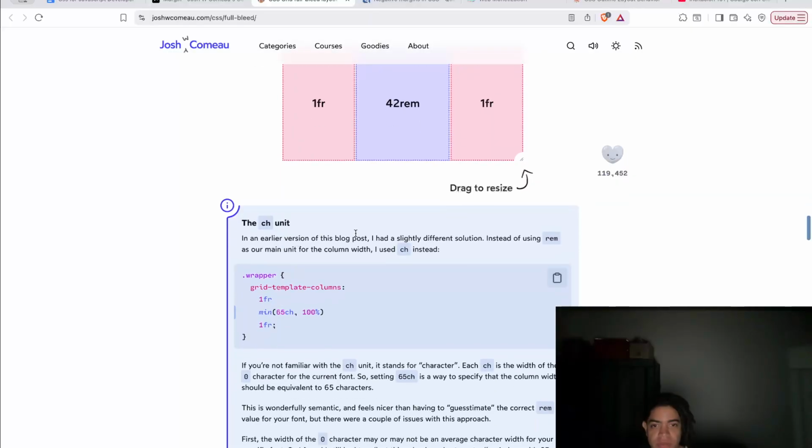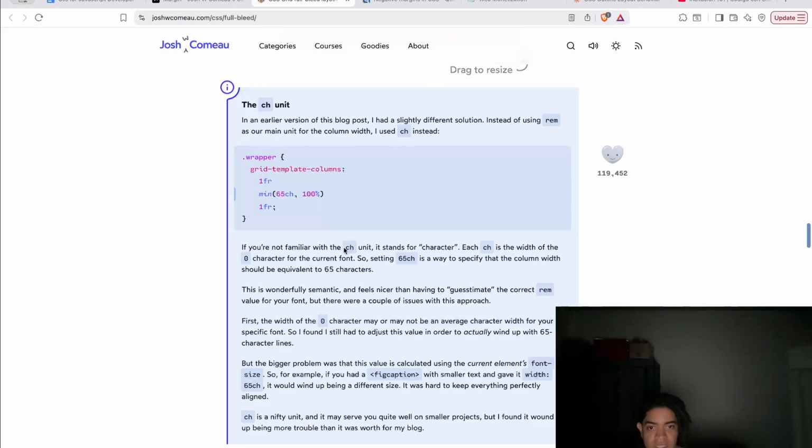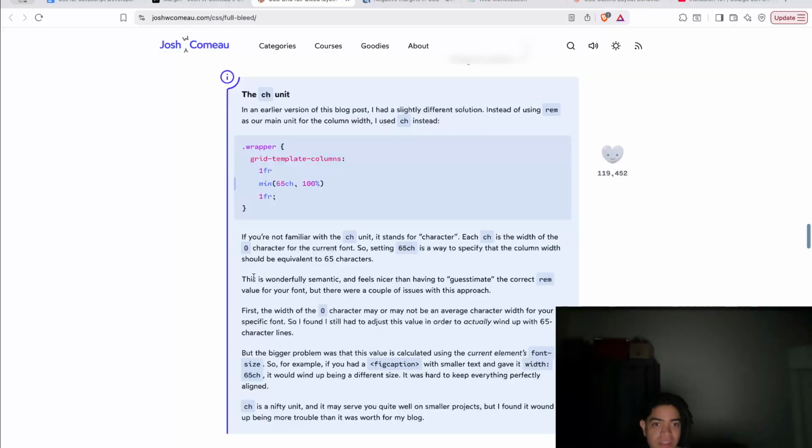In early versions of this blog, I had a slightly different solution. Instead of using rem as our main unit for the column, I used ch. If you're not familiar with the ch unit, it stands for character. Each character is the width of the 0 character for the current font. So setting 65ch is a way of specifying that the column width should be equivalent to 65 characters. This is wonderfully semantic and feels nicer than having to guesstimate the correct root element value for your font,